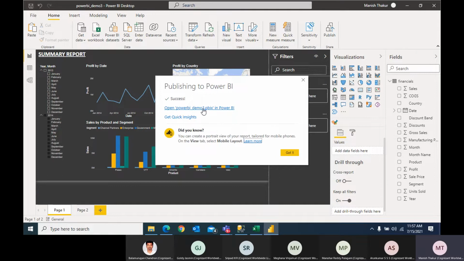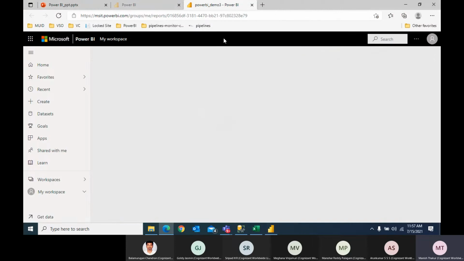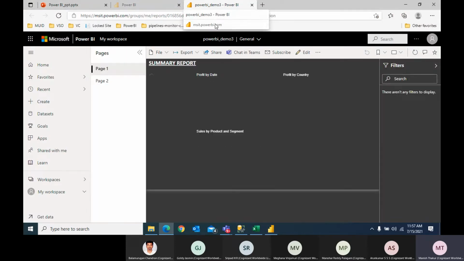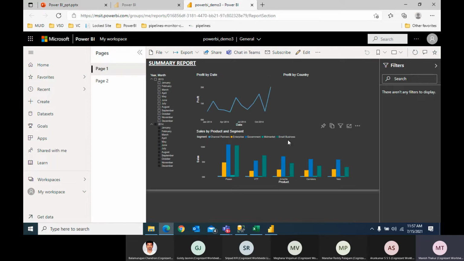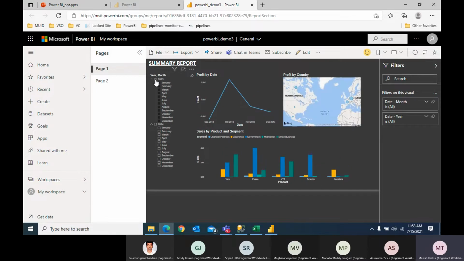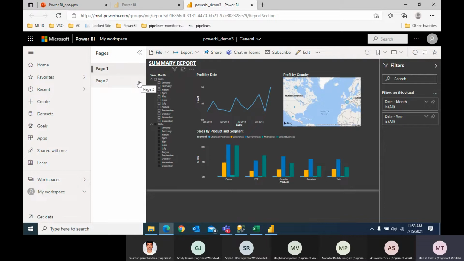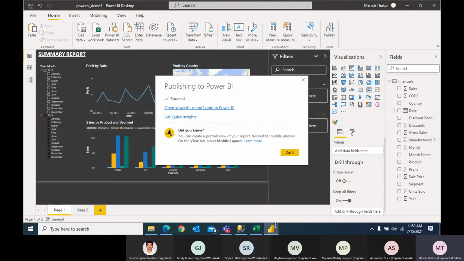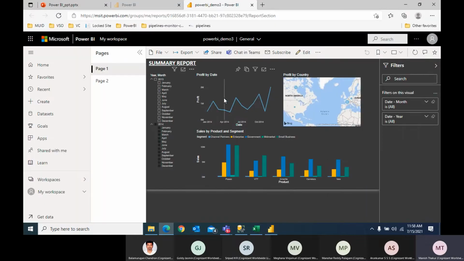Once your Power BI report is ready, you'll be able to see it. You have to click and open that URL, and then it will show you your report. As you can see, this is the report that I have created, and these are the parameters. This is the extra page that I added in the desktop, so that's why it is coming. You have all your details here.